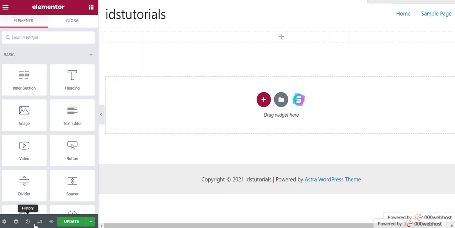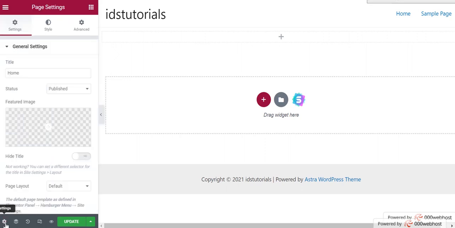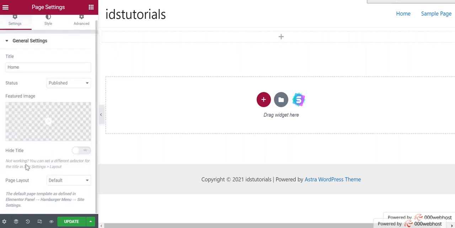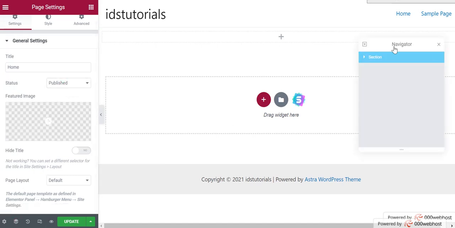At the left hand side corner you can see the settings option. Okay, from here you can hide the title of the home page, and you can select the page layout. After that you can change the status of your page. Okay, and the next is navigator. For example, if you want to navigate to the created sections from only one place, you can do it from this option.